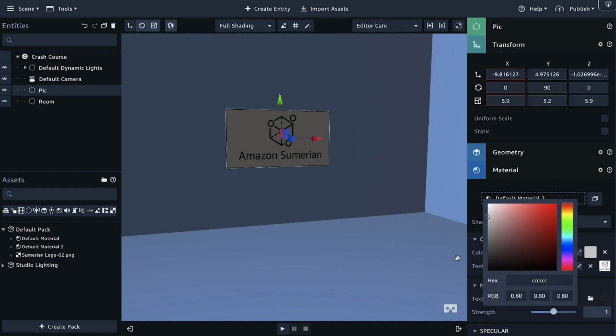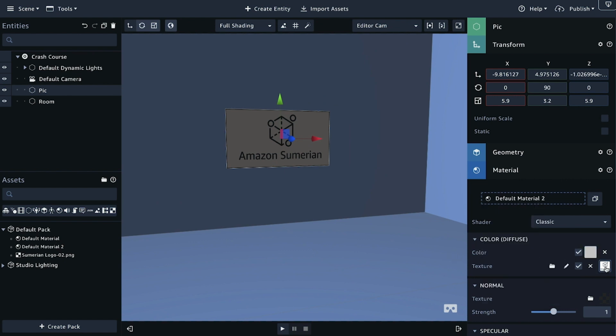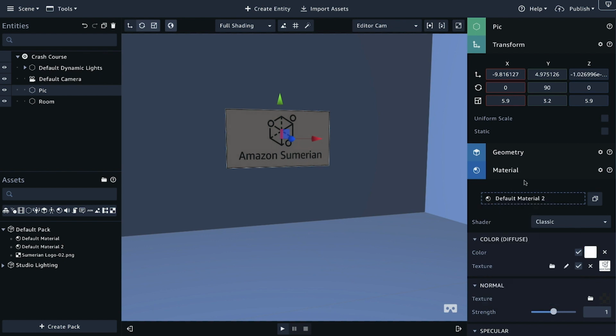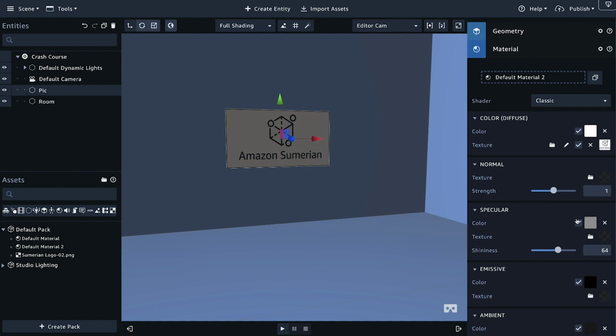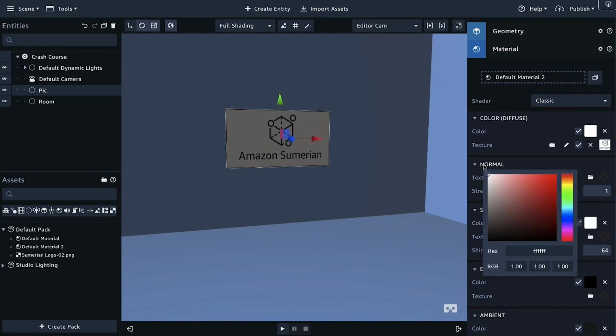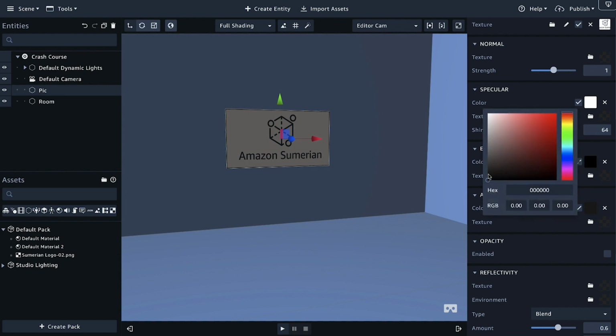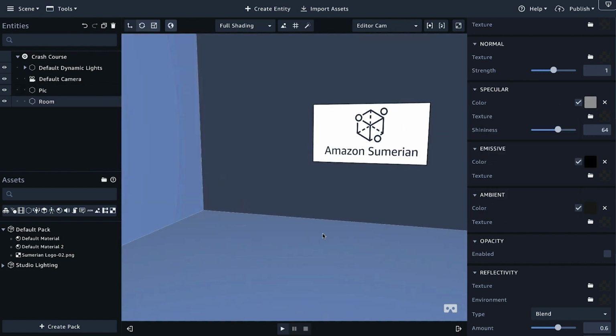All right, I'm also going to change the color because I have the image on there, but it still has a tinted color of this darker gray. So I'm going to bring that up, and I'm also going to go down to specular, and I'm going to lighten that up. And emissive, we're going to bring up all the way. Okay. All right, so now we have some special